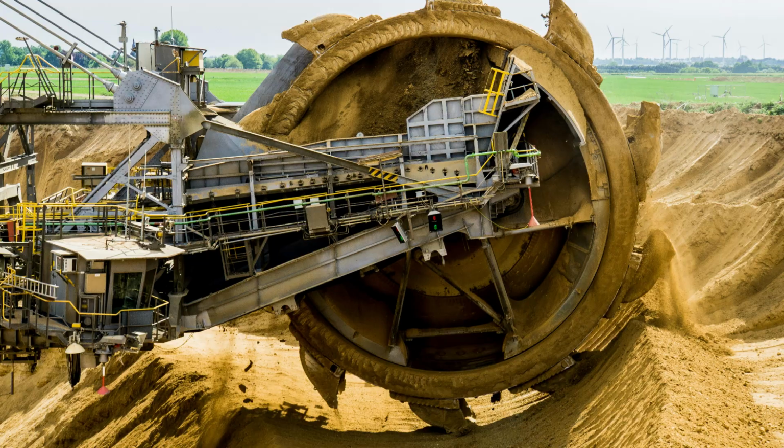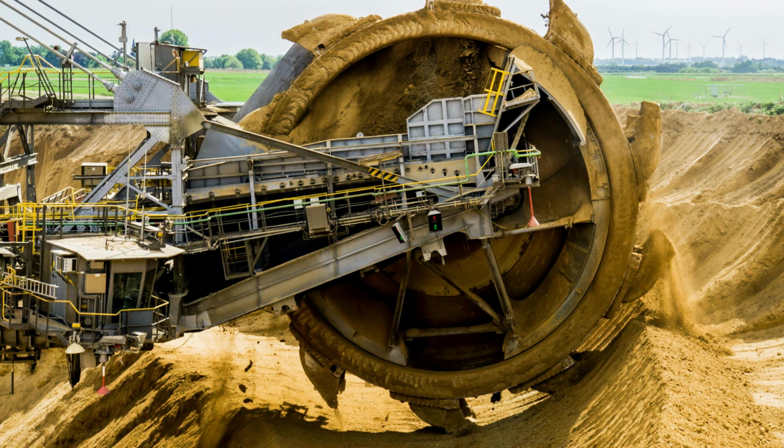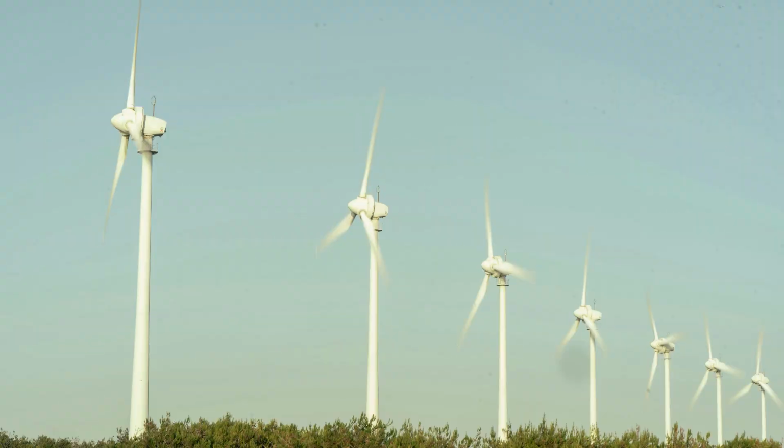Considering these factors, the 3-blade design emerges as the optimal solution. It generates more energy at slower speeds than 2-blade designs and offers better cost efficiency than